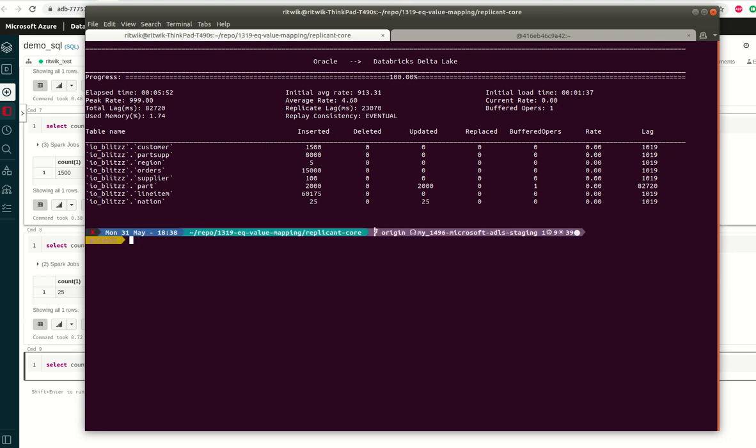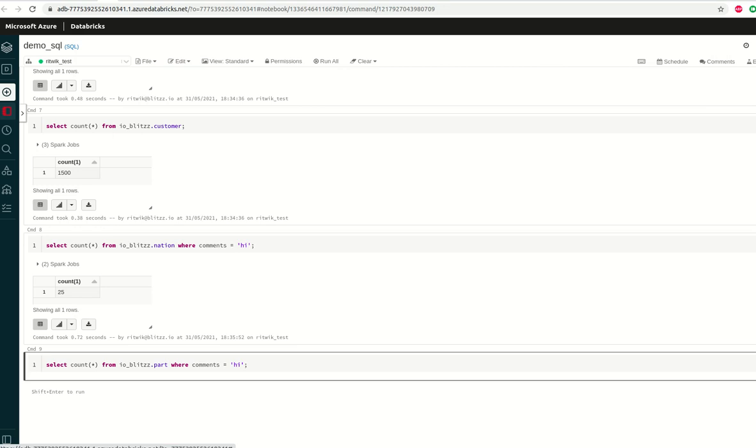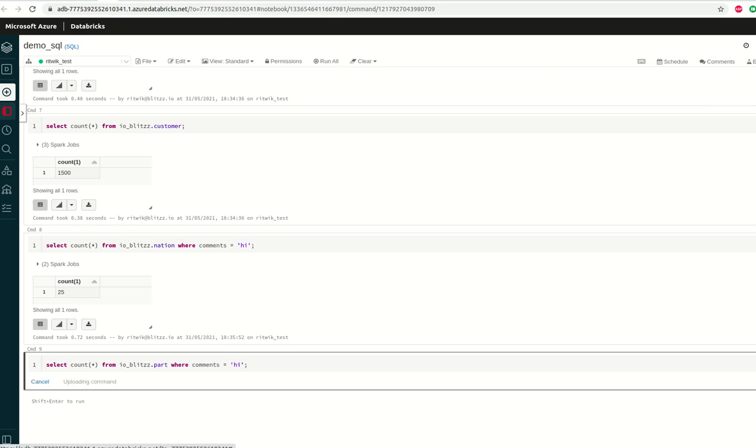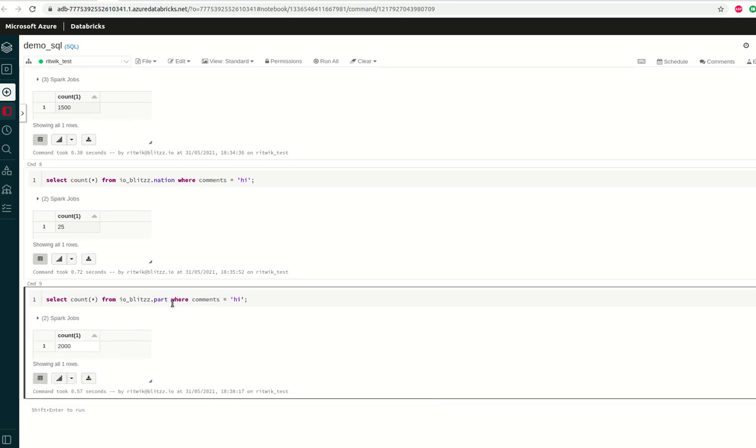Let's kill it, and now let's check the Databricks cluster. You can already see here that in the part table, all the 2000 rows are updated.